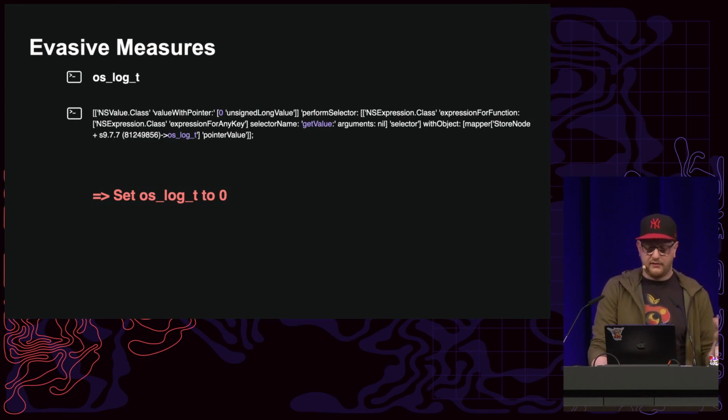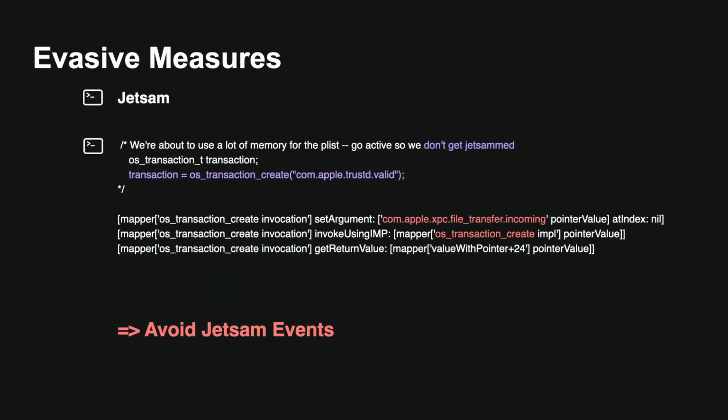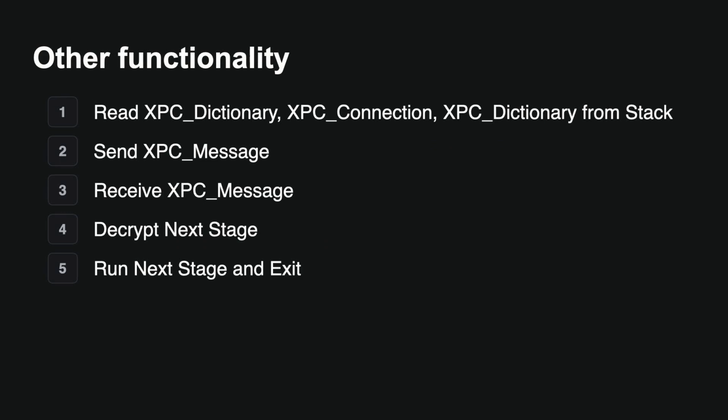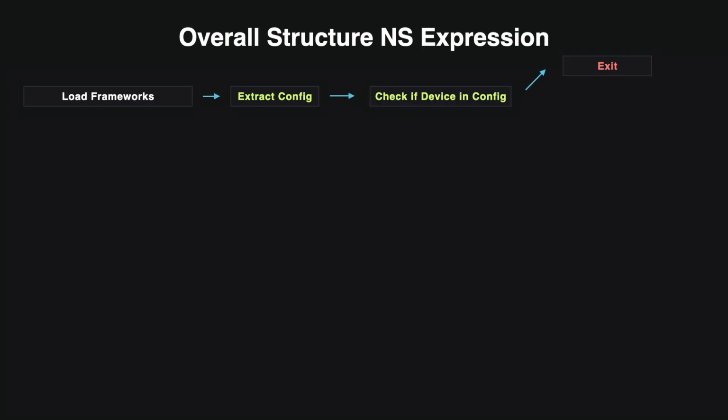Some evasive measures that the sample was doing: it was setting OSLog to 0, so they were suppressing logs, they were avoiding jetsam events, and there were lots of other functionality that was used in order to decrypt the next stage. So the overall structure of this was, at the end, it was loading some frameworks, extracting a config file, checking if the device is in the config. If not, it would exit. Then it was loading payload C, preparing DLSim,